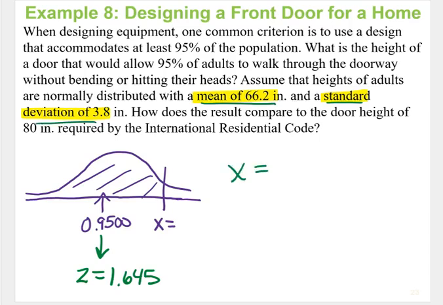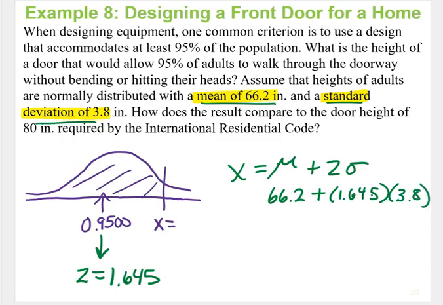So our x is going to be, again, using that formula, mu plus z times sigma. So mu is 66.2 plus 2 times 3.8. Oh, wait, not 2. My z-score is not 2. My z-score is 1.645 times sigma, which is 3.8. My z's always look like 2. I should make sure I put a little thing there to make sure. Okay, so I'm going to put all that in my calculator, and I am going to get an x value of